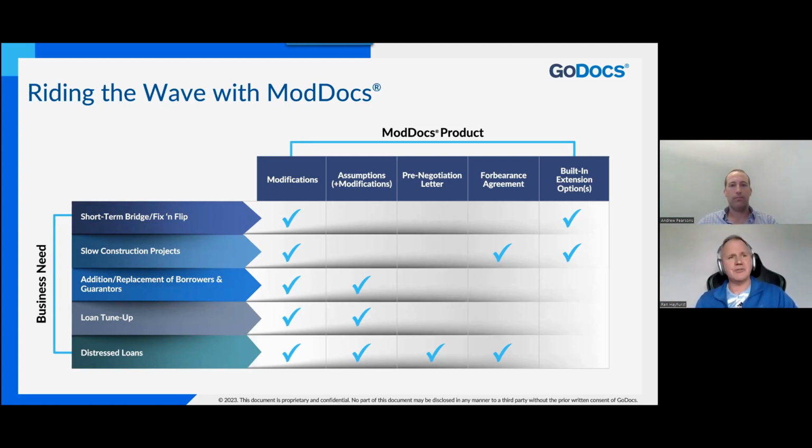And I think even as soon as two-plus years ago here at GoDocs, we were seeing some of the same things with our pricing, and we knew we needed an option that was rapid, meaning you would not have to wait for input from third parties. You could use the system and it would be complex and sophisticated enough to give you a whole range of options to deal with these issues, but also be able to do it at a much, much reduced cost. So I want you to keep that in your mind: being able to provide many automated options to create highly complex documents in this area is really what drives our thinking.